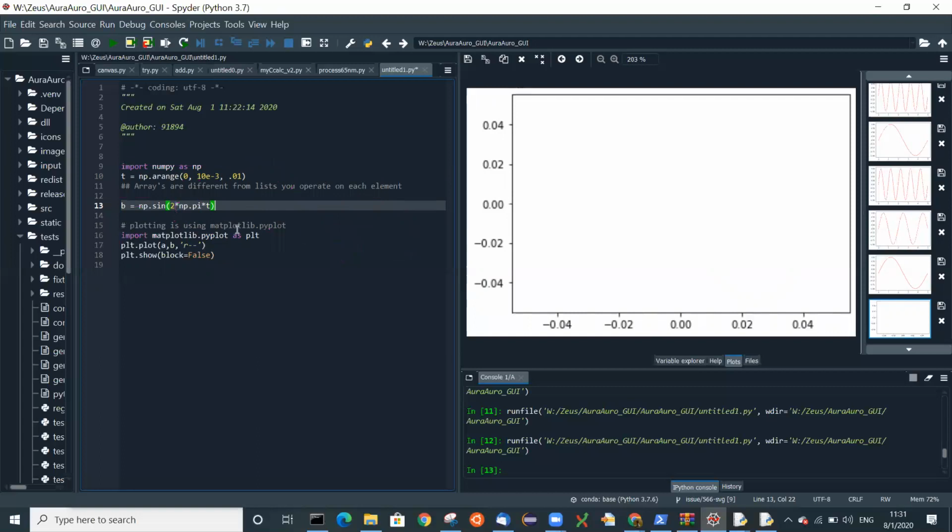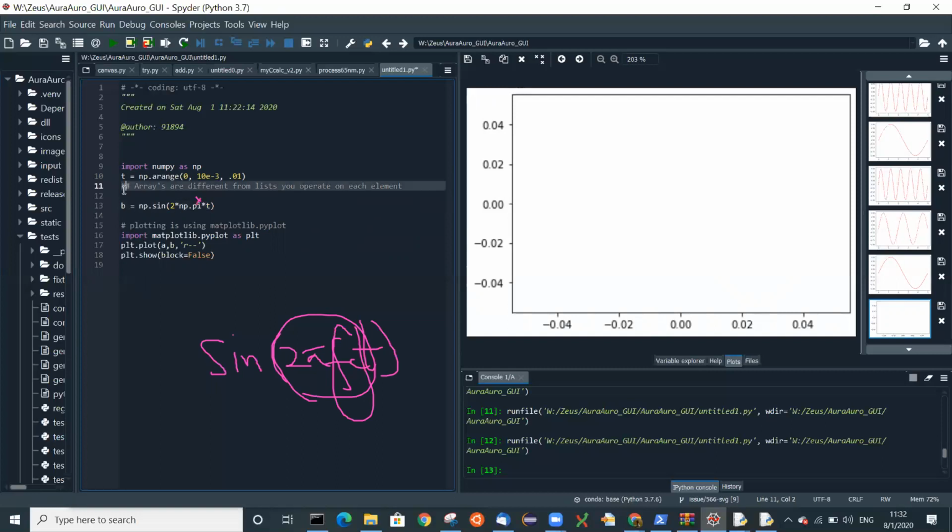So if you see in any text, sine of 2 pi FCT, let's try to understand what this means. Most of you have written this and I think most of you don't know what it means. So let's find out what it means. So we have 2 pi and T. I need a new variable called frequency. So can you put a variable times T?